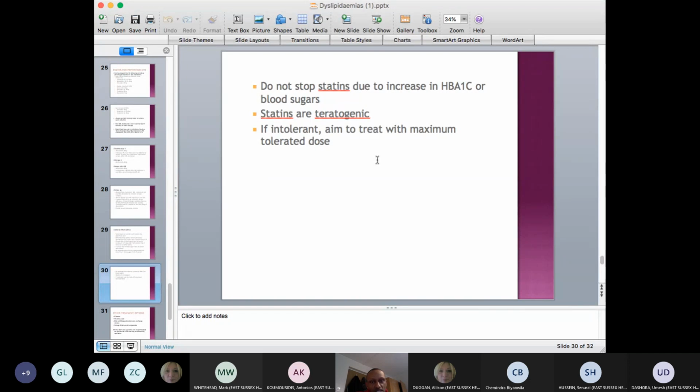Do not stop statins due to increase in HbA1c or blood sugar levels. And of course, you should remember that the statins are teratogenic. So if someone is planning to have a family or is pregnant, you should always consider stopping them and look for alternatives. If intolerant, of course, you should avoid them and aim to treat with other maximum tolerated